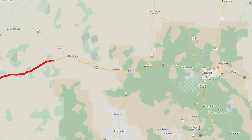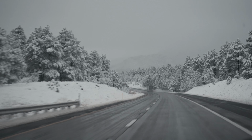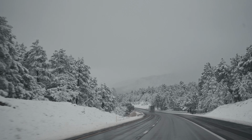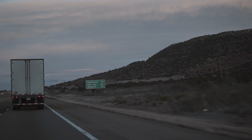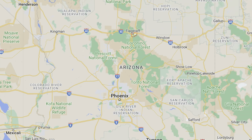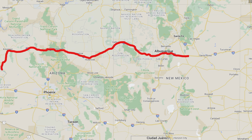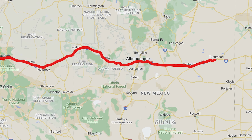Further down the road, we ran into snow from Ashford to Flagstaff that was coming down heavy, so that was fun. Eventually, we made it out of the snow and continued the long haul to Tucumcari, New Mexico. That day, we drove about 11 hours and 700 miles in total, so it's safe to say we were tired